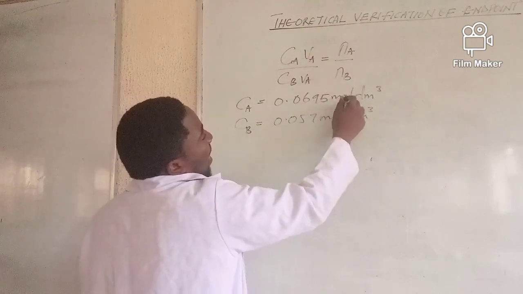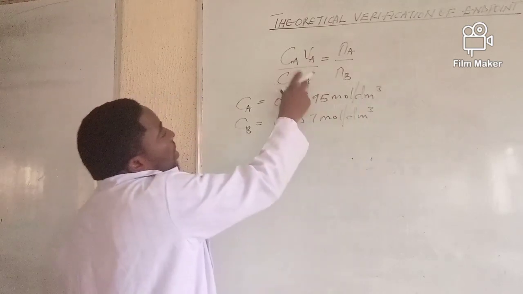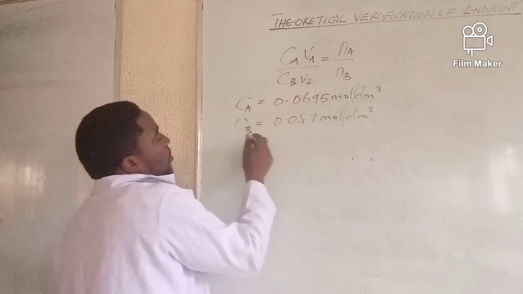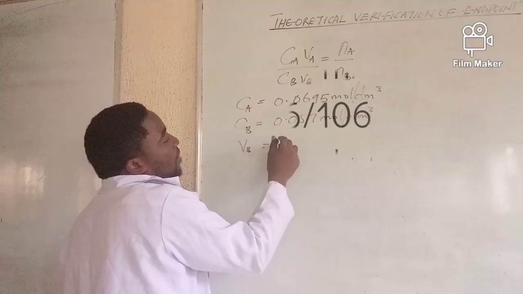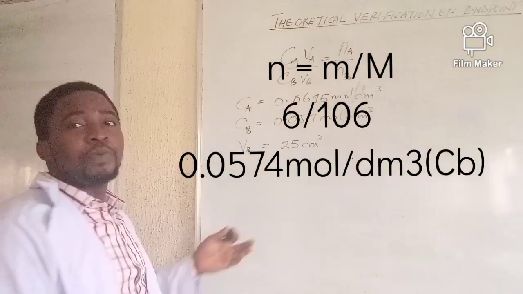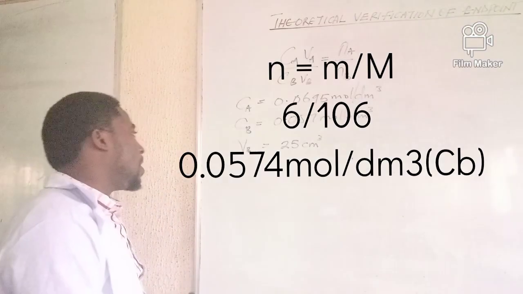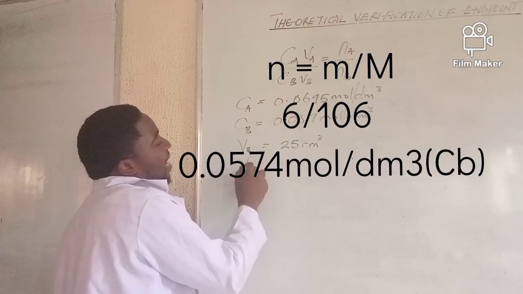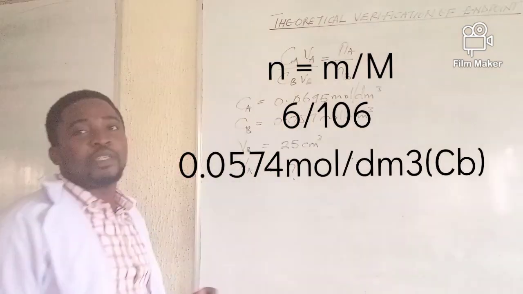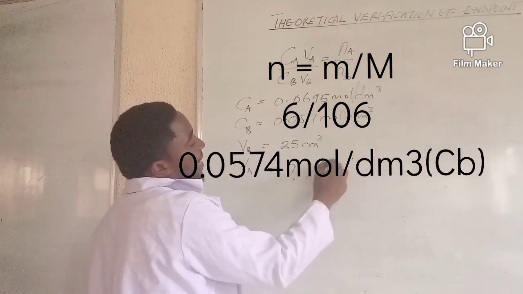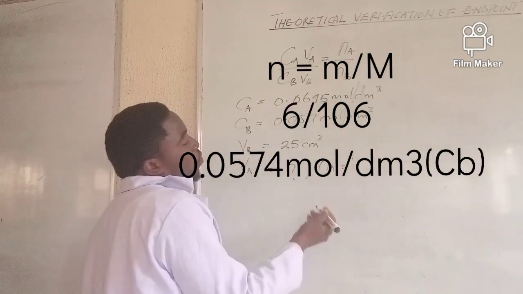And then I have my VB, so this is VB, not VA. My VB will be the volume of the pipette used in your center, which is usually 25 cm cube. So that's your VB. Then your VA is the endpoint you're looking for. So your NA is equal to